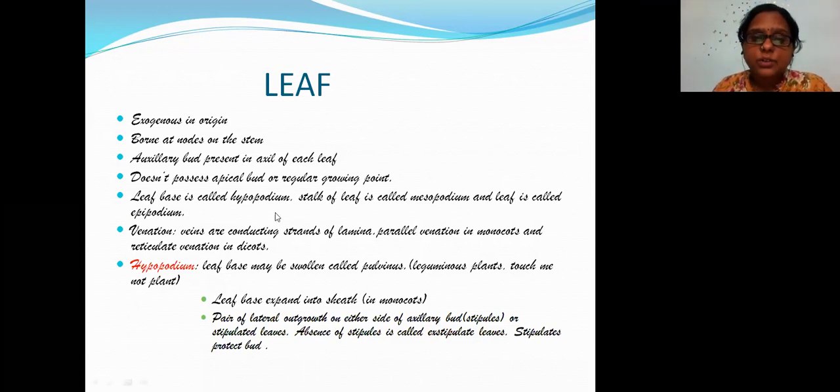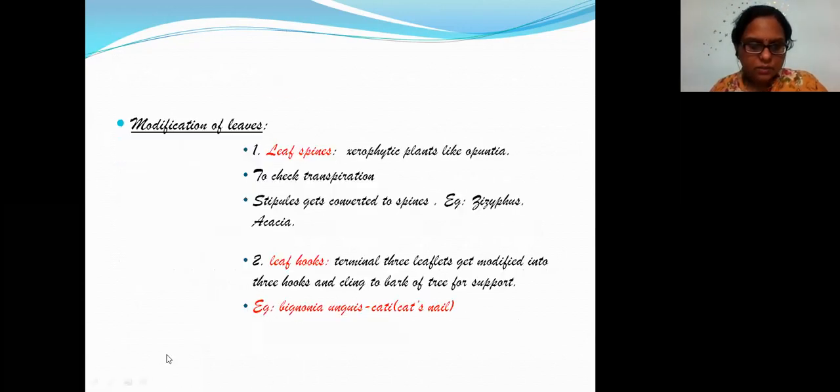Actually, before that, I wanted to say that the complete leaf is divided into three podiums. You have hypopodium, you have mesopodium, then you have epipodium. So what is the hypopodium? It's the leaf base. The stalk is only that leaf base. The complete part where you have the veins, everything, that will come as the epipodium. The leaf base is just before the stalk. So I was actually having one diagram.